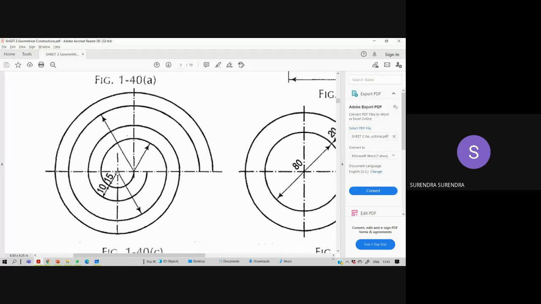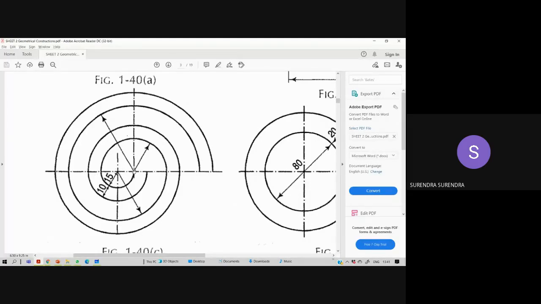Two centers. So first center, 15 mm radius semicircle, 25 mm radius semicircle. After you complete these, next take this as the second center, radius equal to